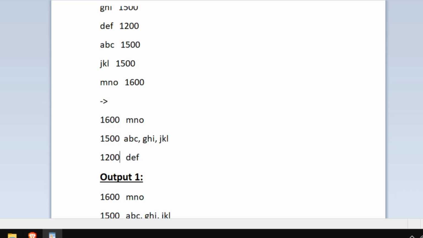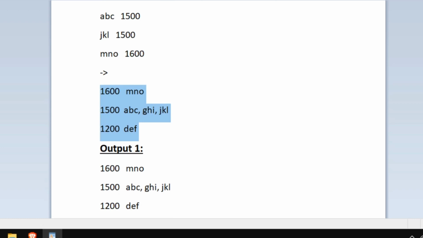So this is how we should be printing our output. So what we have done is first we have grouped our data and then we have sorted the names of the customers and then we are printing our output based upon the maximum purchase amount. So in our expected output also we can see that we are printing the same records.